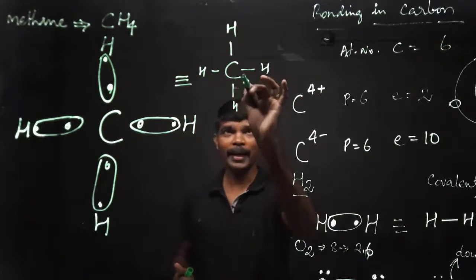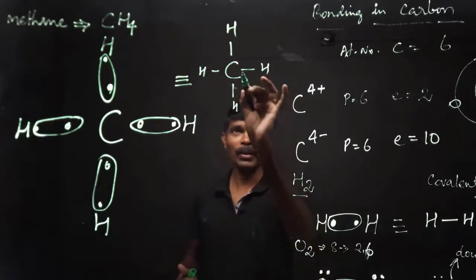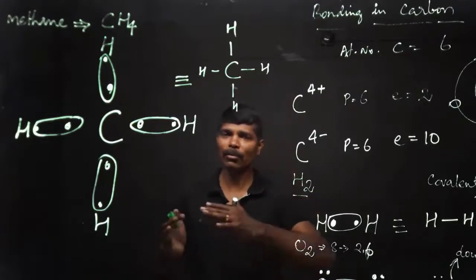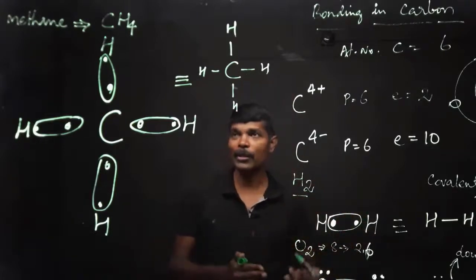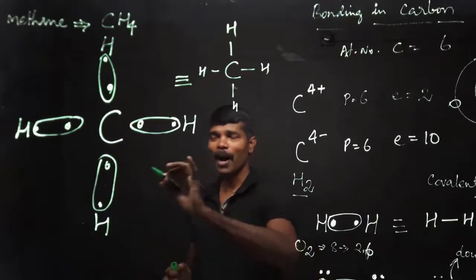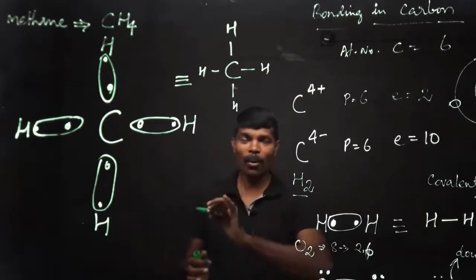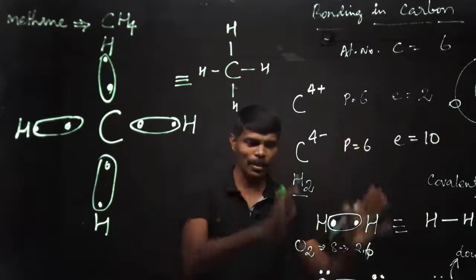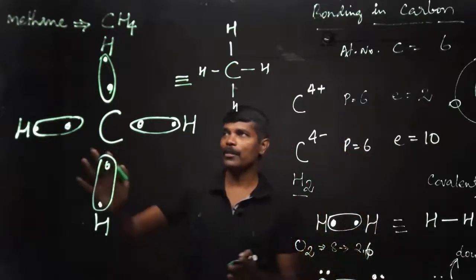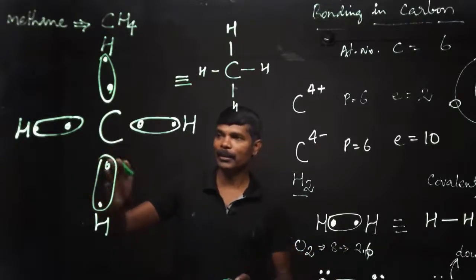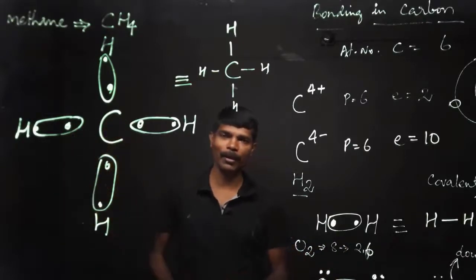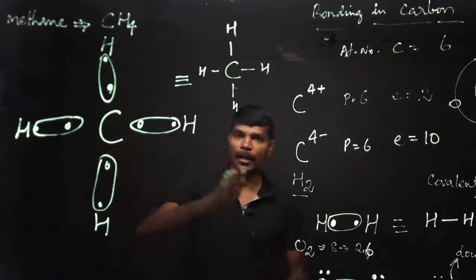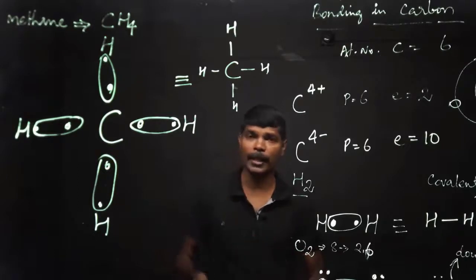A line indicates one sharing. We simply call it a covalent bond. A lot more things we will discuss in the coming section. For now you just understand how a molecule or compound is formed by sharing of electrons. Here each carbon shares with 4 different hydrogen atoms, and also the carbon can share electrons with other carbon atoms too, which we will see in the next section.